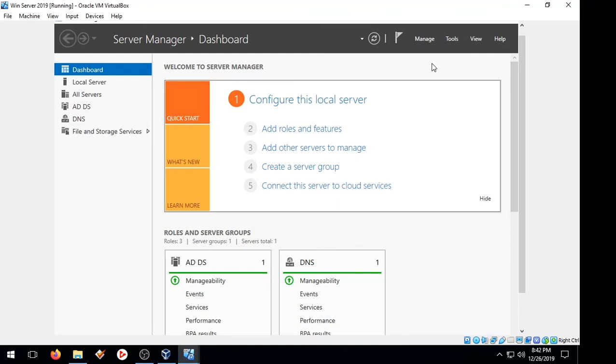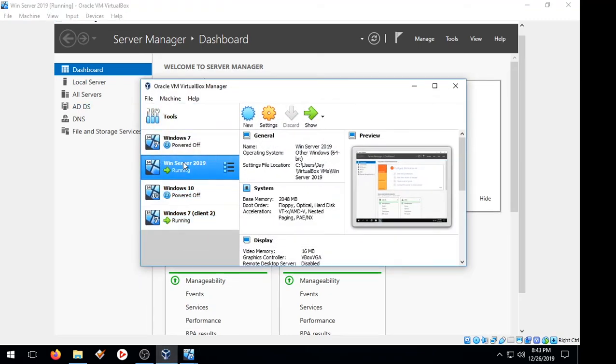A roaming profile is a user that, when they write data onto one machine, that data should appear when that user logs out and logs into another machine. For example, on my different machines, I have two client machines, two Windows 7. So if the user logs in to this one and happens to make a folder containing some Word documents, when he logs off, that same folder should appear on this machine, and I'm going to show you how to do that